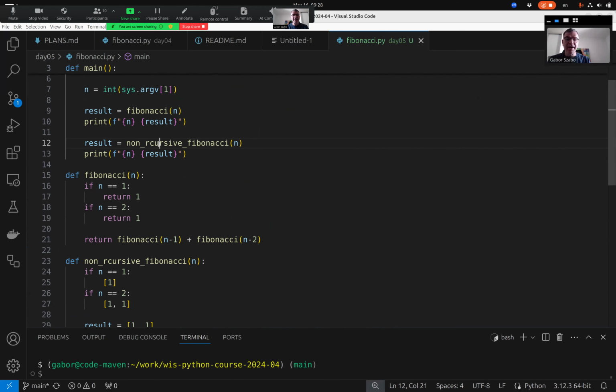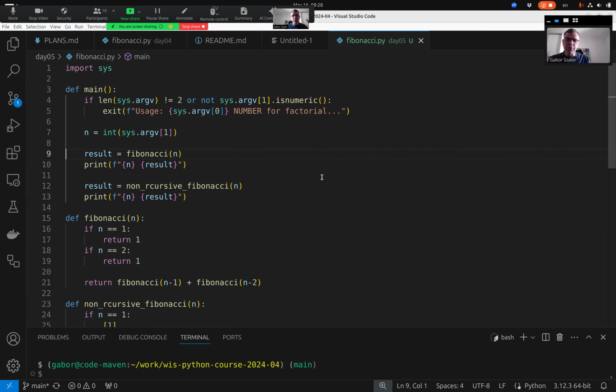I had a typo in the name of the function. Let's leave it for now. So what we did here is create a function and then call that function from the main program,